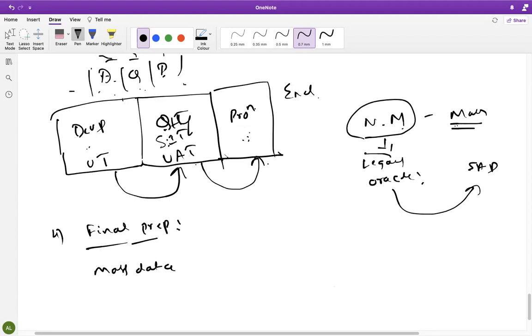We want to know this: in the Oracle system, open purchase orders will already be there. Open PO means the PO's GR is not done. Goods receipt we have not received means that is an open purchase order. Open GL, anything like open documents, all these things we will upload into SAP.